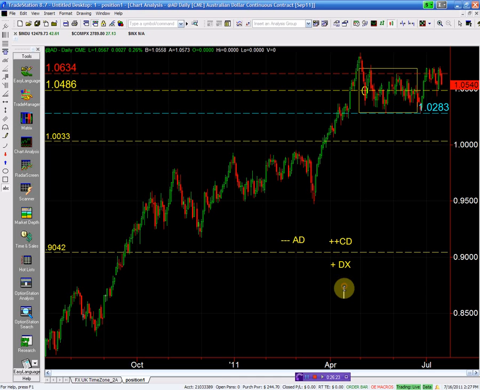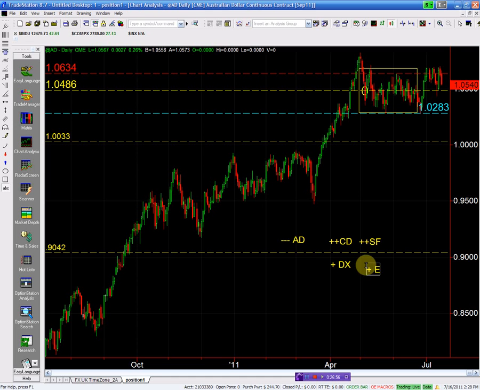We can look at also buying the Swiss against it. You can buy, I mean, with this kind of weakness that you see on the chart, you can basically buy anything, but primarily we're going to focus on these two,